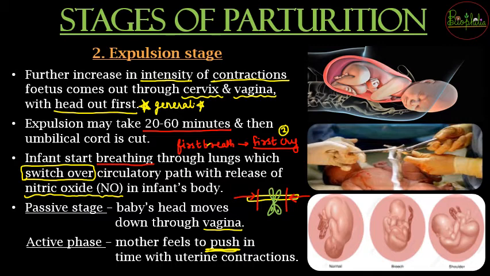So one more thing that I needed to tell you, that generally the expulsion of the baby is going to be head out first, यानी सर जो है वो पहले बाहर आएगा, and then the legs will be delivered. But in some cases it can also occur that first the legs will come out. So हो सकता है that you might have heard कि ये जो बच्चा है वो पैरों से आया था. That means the legs of the baby were delivered first and the head was delivered later on. So it is a condition of a breech delivery, when the legs are delivered first.